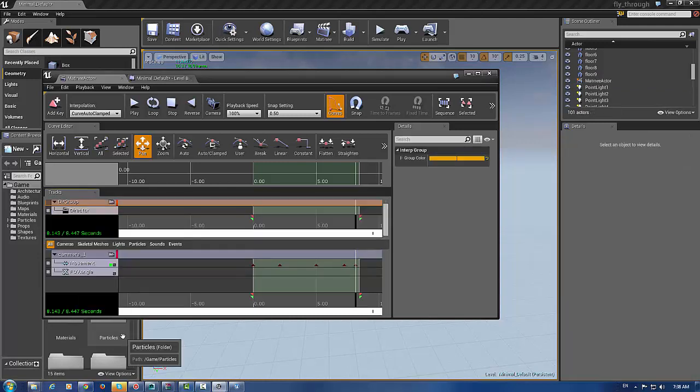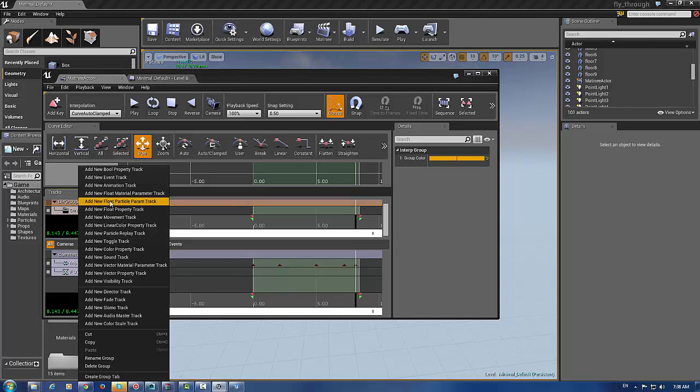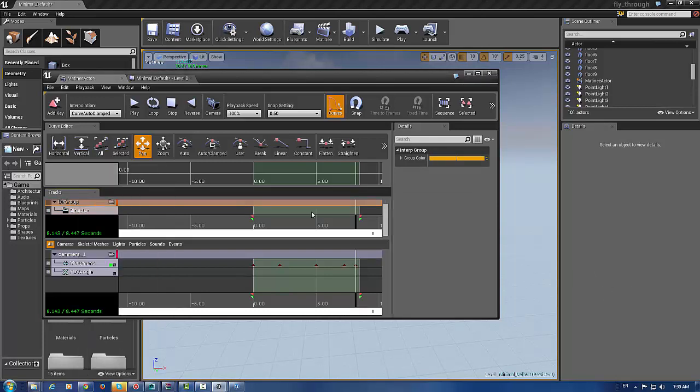The reason we want a director group is because if you had, say, 5 or 6 cameras, which you're cutting between, and it was an actual cutscene, or you're doing a more dramatic fly through or other things like that, you can say play camera 1 now, and then tell it to go to camera 2 and then camera 3 as you go through, and you can make something a lot nicer. So on our director group,